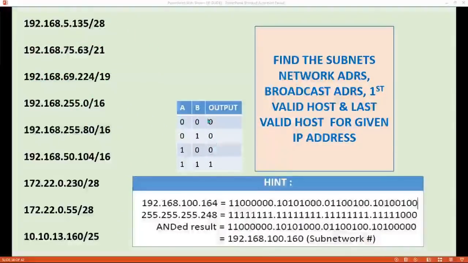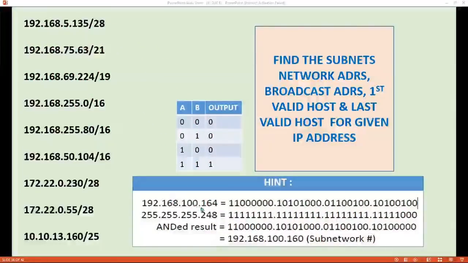Okay, so think of it like a times table. 1 times 1 is 1, then 1 times 0, or 0 times 0, or 0 times 1, everything is going to give you 0. Just simply remember, if all are 1s in an AND gate, the answer would be 1, otherwise for any other combination, the answer is going to be 0. So here you can see